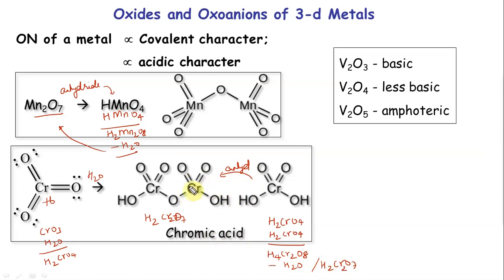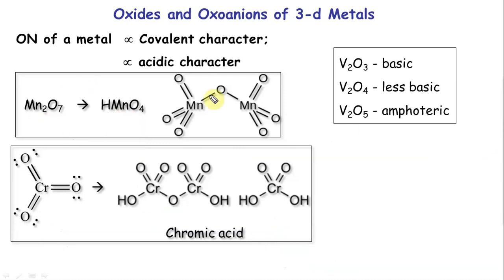Anytime you are given a compound, you don't need to memorize these formulas. Anytime you are given a compound, something like this, always add water and divide by 2. Just add water and divide by 2, you will get this compound. Or the other way around, you have this compound, add 2 and subtract the water. So again, what we have seen right now is, the higher the oxidation number, the more acidic it is. And also vanadium, you have 3 different oxides in your syllabus. It's extremely simple. The oxidation number of vanadium here is +2, +4, +5.